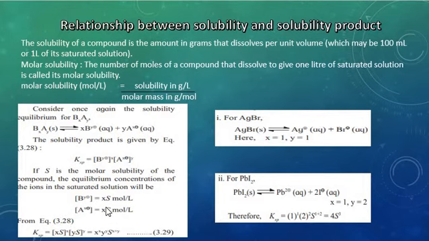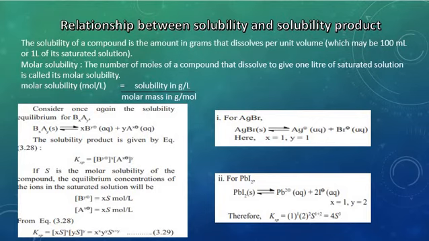On putting these two values in this formula, it would be XS raised to power X multiplied by YS raised to power Y. So it is equal to this quantity. If I am taking AgBr, X is 1 and Y is also 1, because the coefficient of both the ions is 1. If I am taking PbI2, the coefficient of Pb is 1 and the coefficient of I is 2, so its Ksp value is 4s cube.